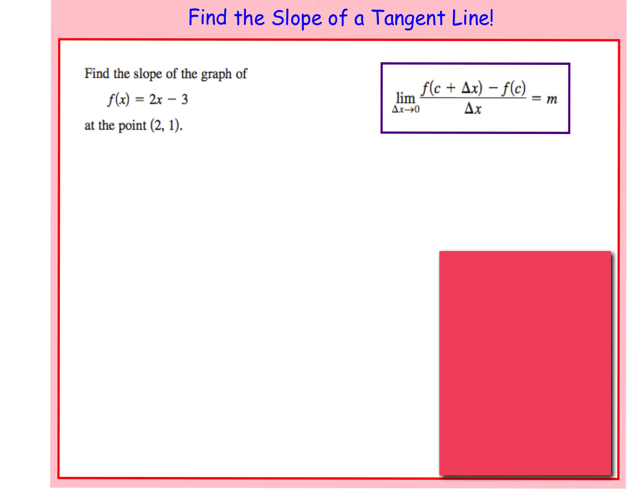So we're going to find the slope of this graph of 2x minus 3. We're going to utilize our little slope formula. So I have a limit as delta x approaches 0. And now all I do is substitute c plus delta x in right there. So now I end up having 2 times c plus delta x, and then minus 3, because that's the rest of my function. And then minus